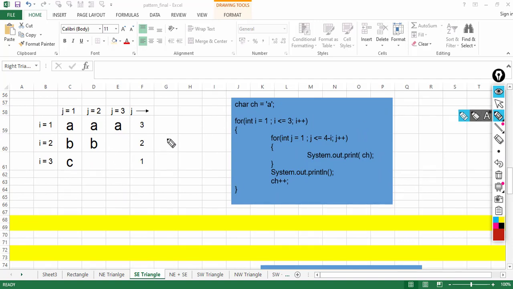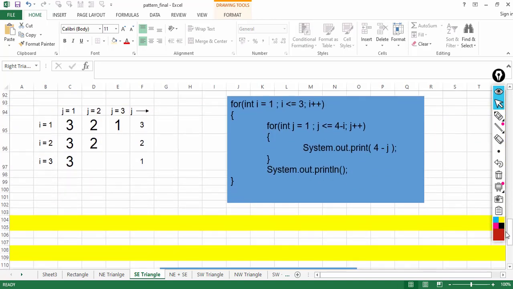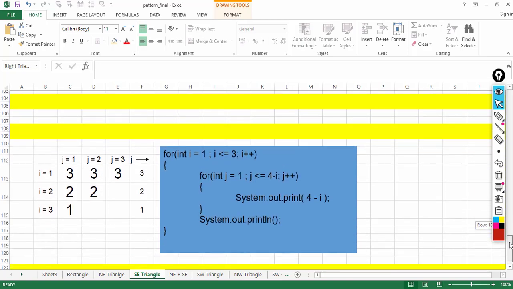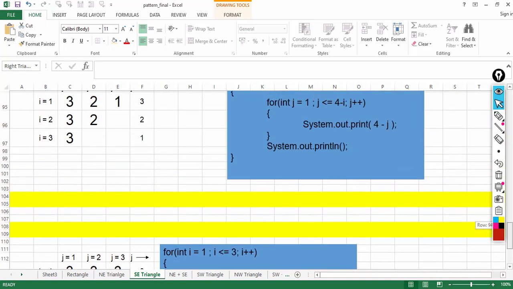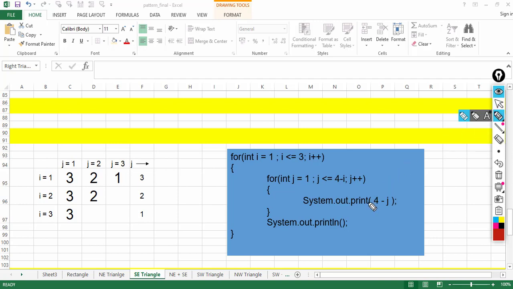So this is the alphabet one. Okay, so this one also you can easily understand. You can refer to the previous 2 videos, if you are not able to understand this pattern, as well as this one and this one. So if you refer to the previous 2 videos, you'll be easily able to understand how and what is being printed here. Okay, and again I remind you that only the printing part is changing, rest everything is same.